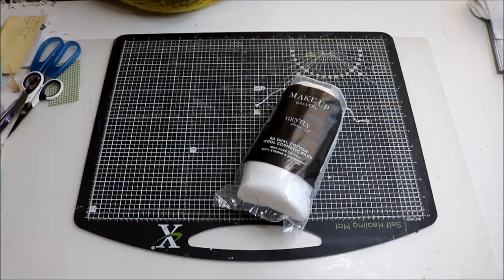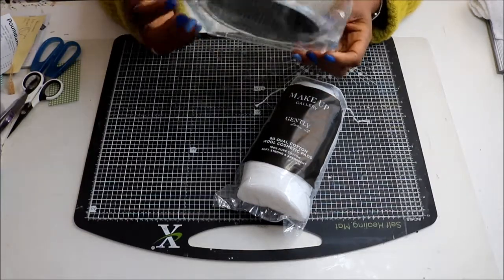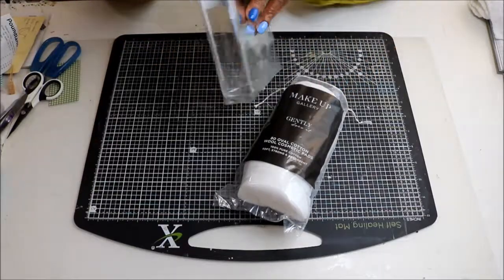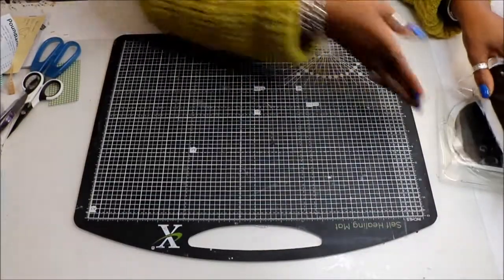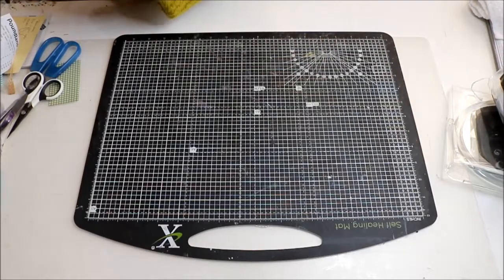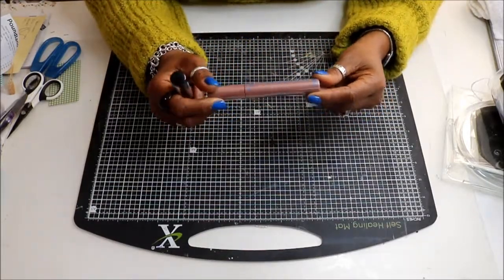And I also, see how much these are. And the mirror, I got myself a mirror as well because I needed that. So that's to put away the case. And I've got this